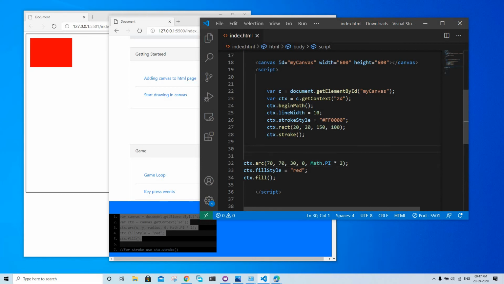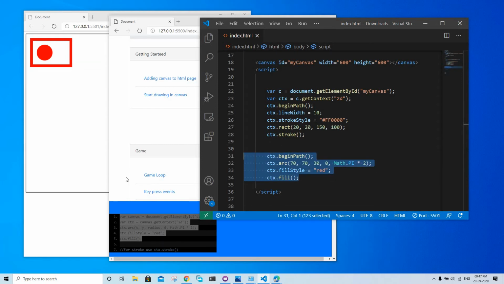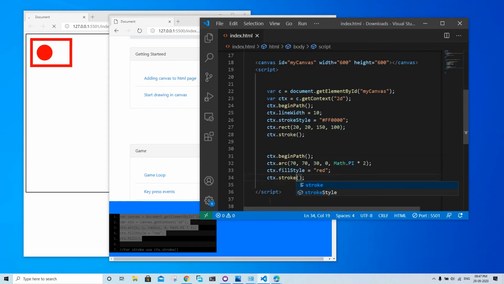Okay, we need to begin path every time we draw a new object. Otherwise it's going to do something really weird. Okay, I'll have to edit it and put this in the website, so that's why I'm not releasing it yet. Some errors are there, so I'm going to finish it properly, then put it on the website. Okay, now similar to fill, we can use ctx.stroke, and that is going to make a circle.